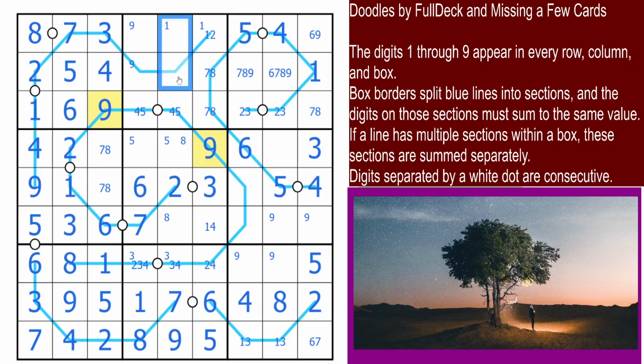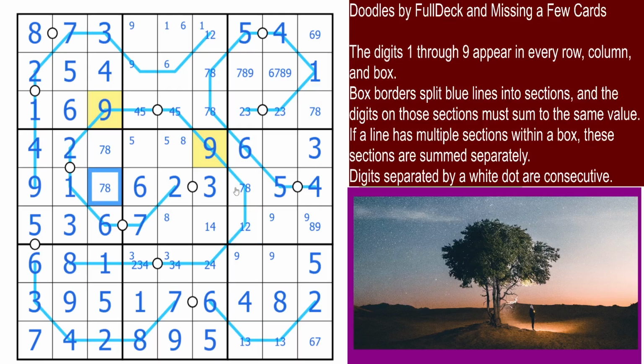6 is one of these. 6 9 7 8 7 8, that has to be, oh, that has to be 8 9, because I see all 1 2 3 4 5. That's 8 9. 1 4. That has to be now either 1 8 or 2 7, right? And that cannot be 7. That means that cannot be 2. That cannot be 1 also, right? So that means that cannot be 8. So that's 1 2 and that's 7